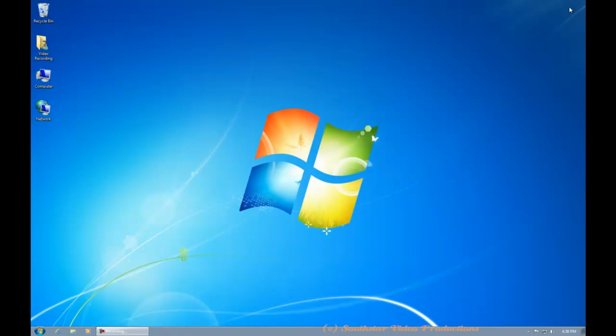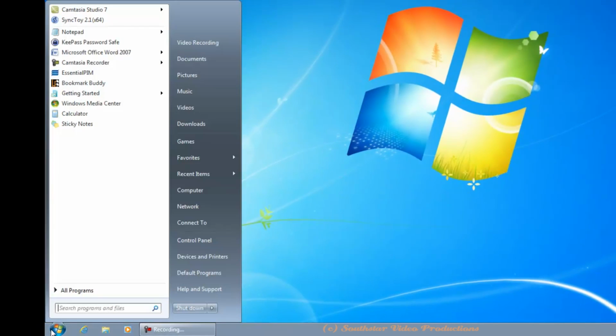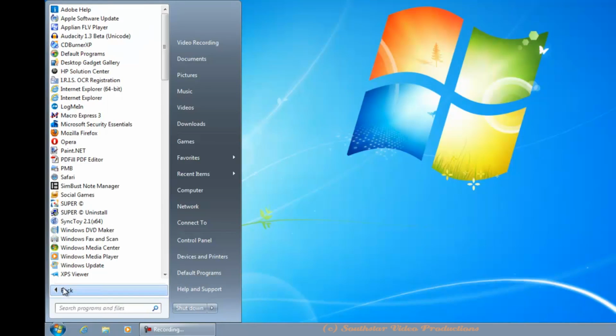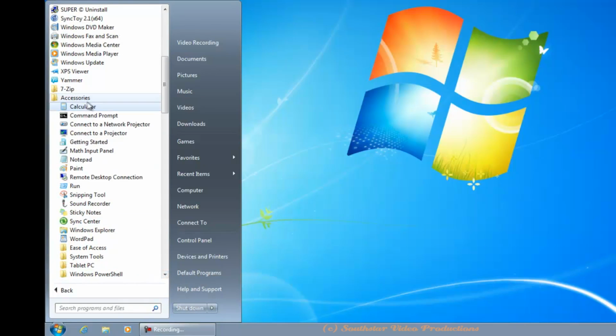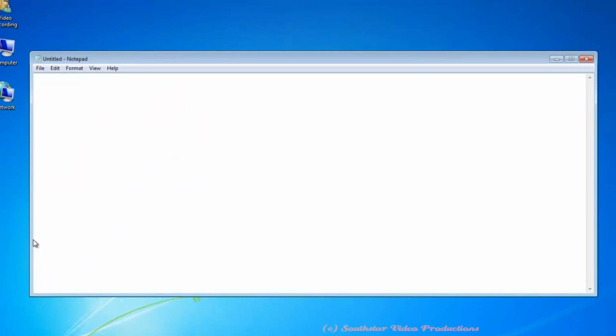The most common way to create new files is by using an application program. For example, you can create a text document in a word processing program or a movie file in a video editing program. Some programs create a starting file when you open them. When you open Notepad, for example, it starts with a blank page. I'll demonstrate. This represents an empty and unsaved file. You can start typing